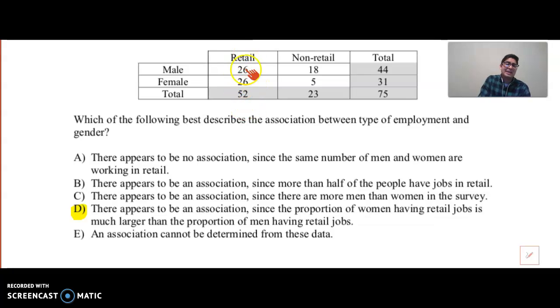And sorry, I looked at it in terms of retail, but I need to look at it horizontally. So that's 26 out of 31 versus 26 out of 44. And so you can solve this problem either using a chi-square test statistic, making a segmented bar chart, or even just calculating the proportions or probabilities to best determine that